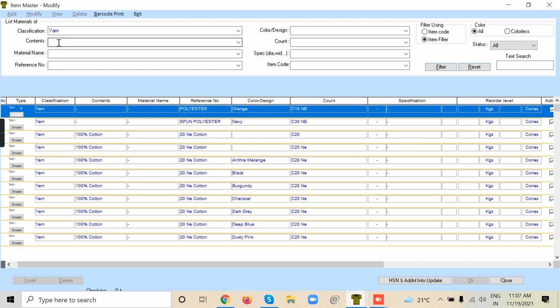Okay, so this is the major category. Under this major category, you will be defining what is the content of the item, what is the material name. Material name is generally how it is known in the market. And then article number, whatever reference number it has, will come under reference number. So the reference which is over there, is it correct or not?